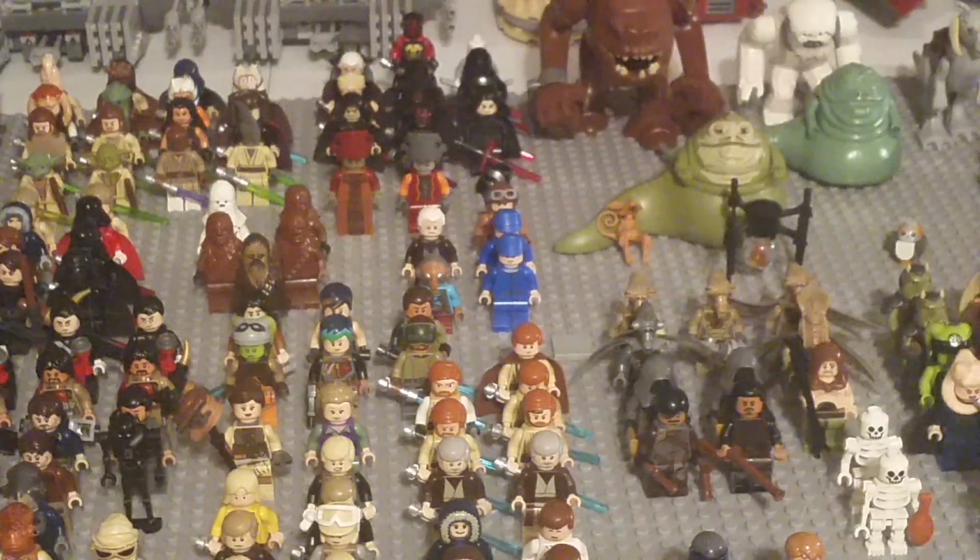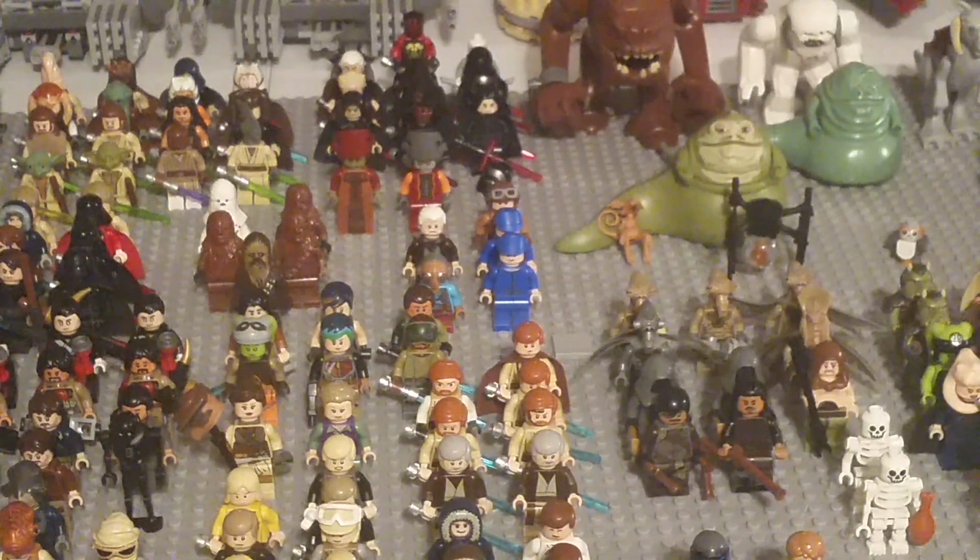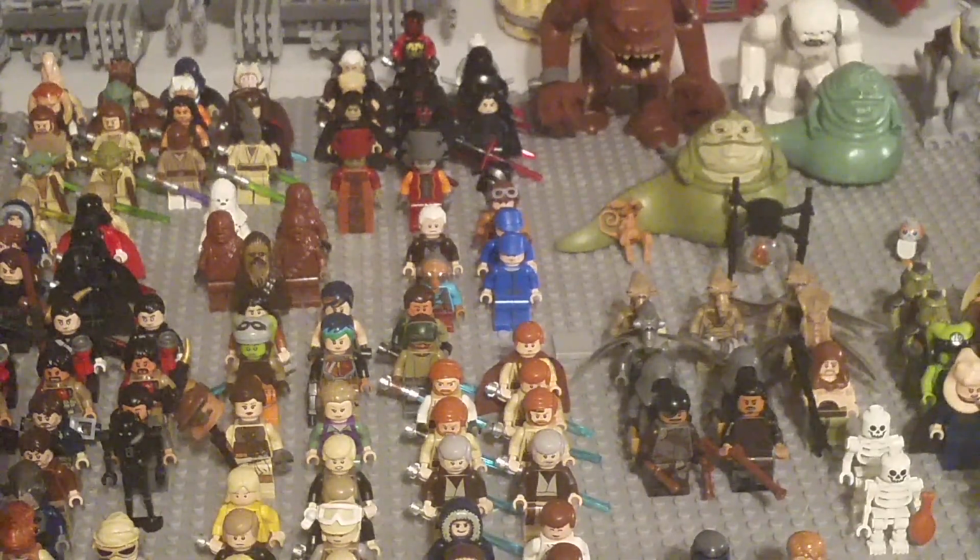Behind him is 2 Yodas, Mace Windu, Colin Trevor, 2 Qui-Gons, Luminara, Quinlan Voss, Shakti, Ahsoka, Kit Fisto, Sensei Tin, Kiadi Monday, can't remember his name, and Barasafi. Continuing, we have